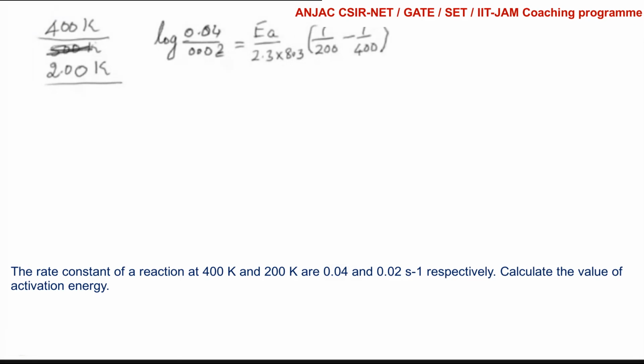And if you cancel this, you will get log 2 is equal to 0.3, and you can find out the value of EA. Bring all the terms to the other side, you will get